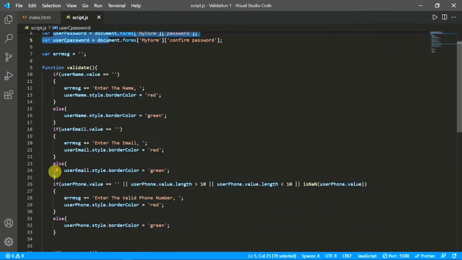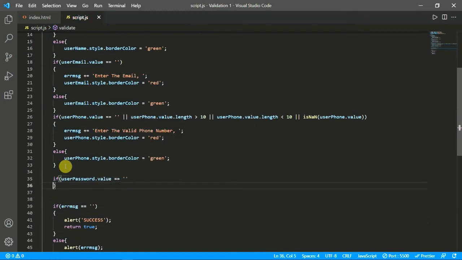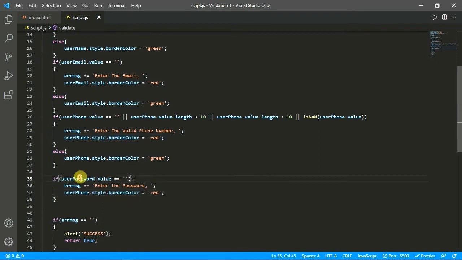Now for the user password and confirm password. So this we will check if user password dot value equal to null. We will just add error message plus equal to the password, and then we will change again the same thing to red.